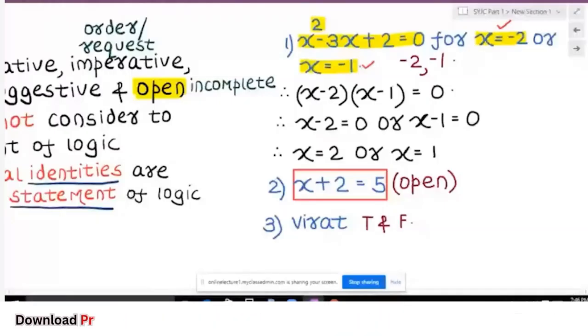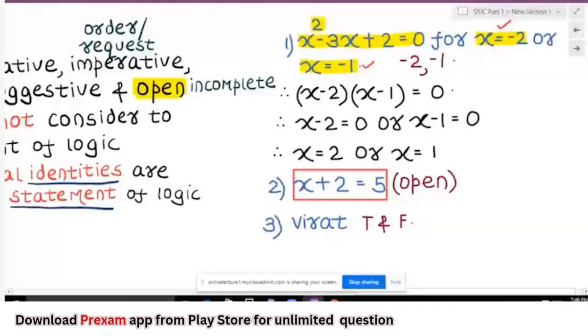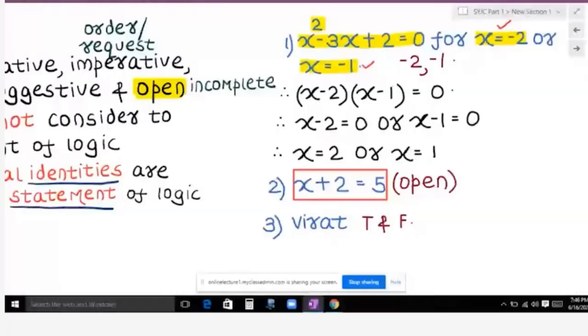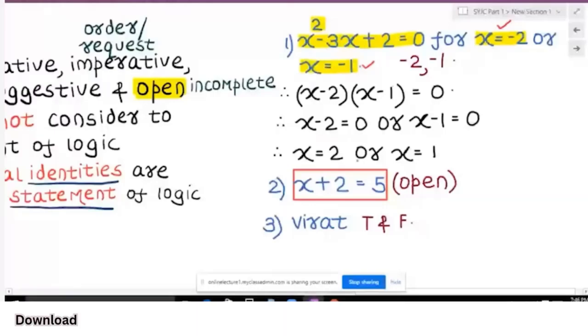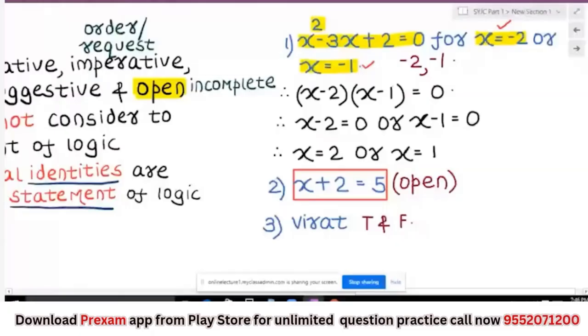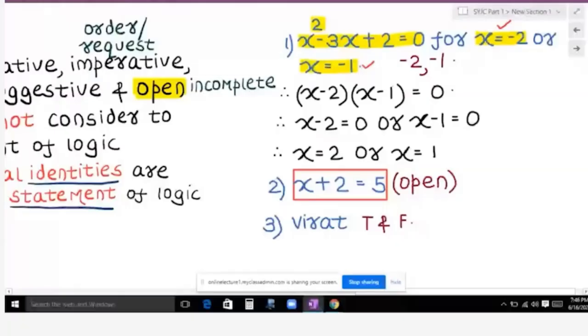भाई if it is a partially true and partially false, भाई सब लोग मुझे दिल से बताओ, can we consider this as the statement of logic? क्या उसे हम लोग statement of logic consider कर सकते हैं? No, very good भाई, सब लोग ने दिल से एक ही answer दिया है कि सर we cannot consider this to be as the statement of logic. Next example is